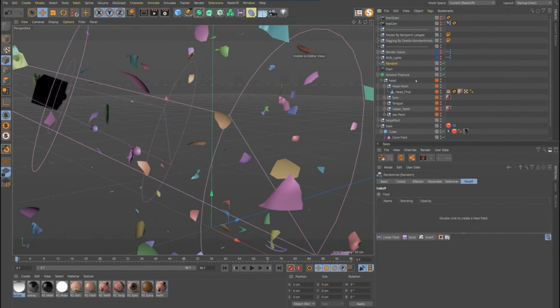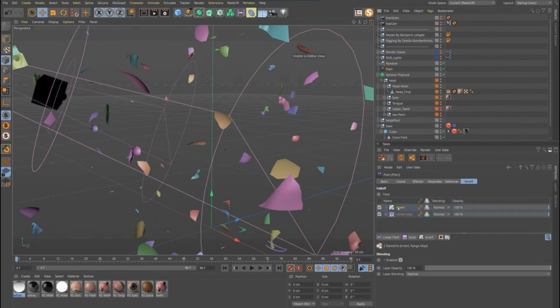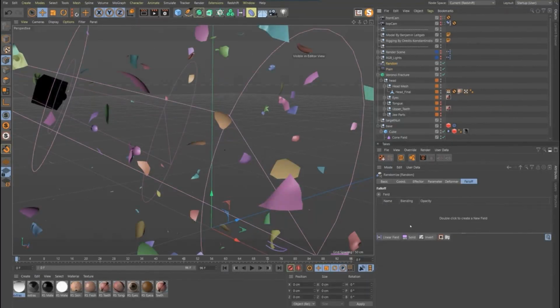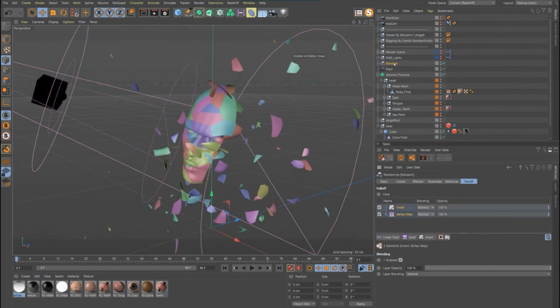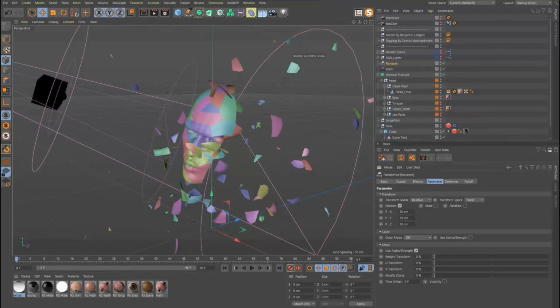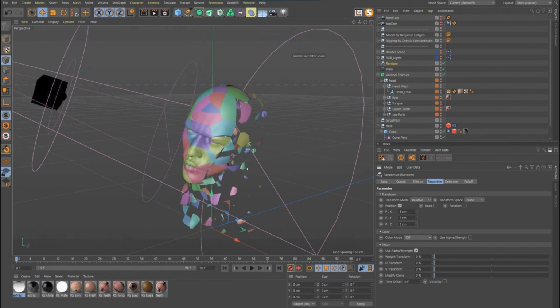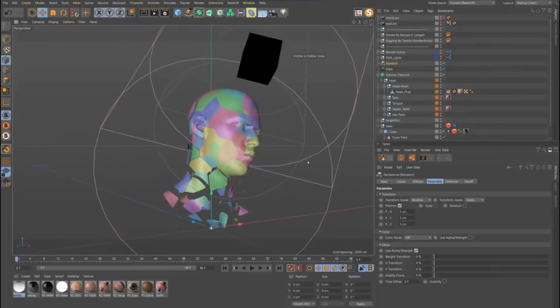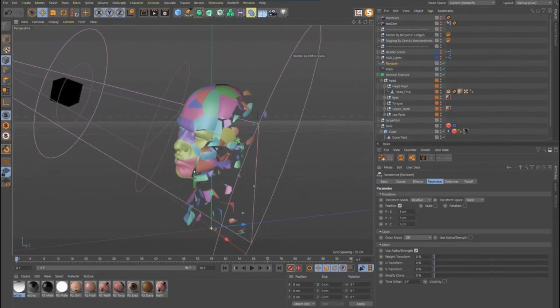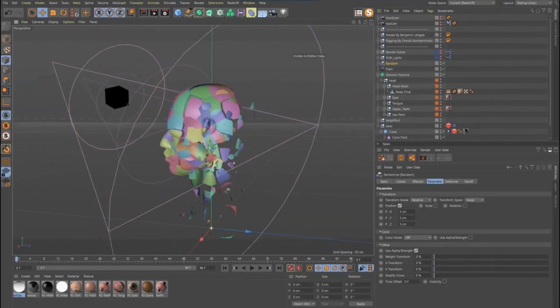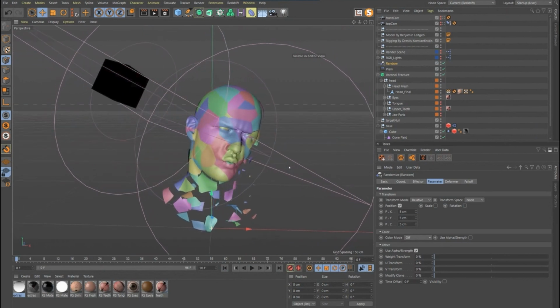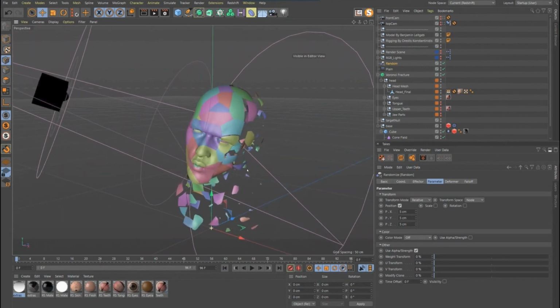But in the fall off, we could go in here and just copy these and throw that into our random effector. There we go. And let's adjust some of these parameters a little bit, because that's too crazy for what we're doing. So we'll just go down like that. And so now where the light is not on it, we're getting broken up in a way that I think looks pretty cool.